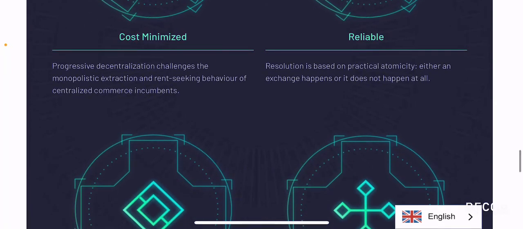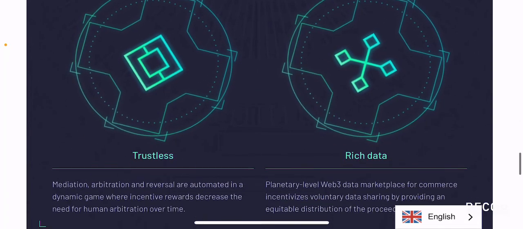Reliable resolution is based on practical atomicity. Either an exchange happens or it does not happen at all. Again, of course, when it comes to buying something, you obviously need to buy it because you want it. You shouldn't really buy it based on the ads or something pushing you to buy something, right? So it's basically an organic way, and it's reliable, and that's one of the reasons why decentralized e-commerce is going